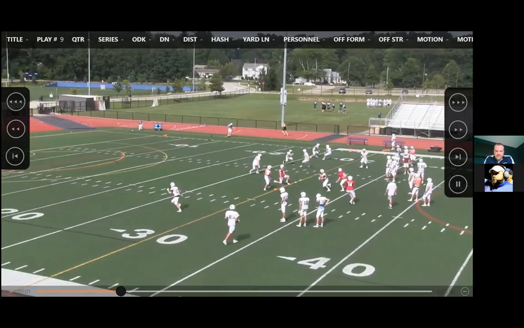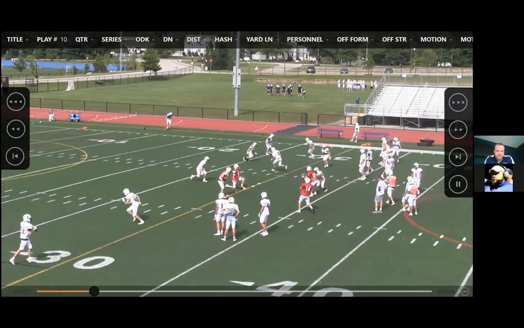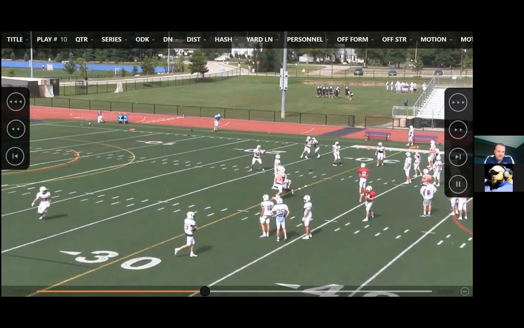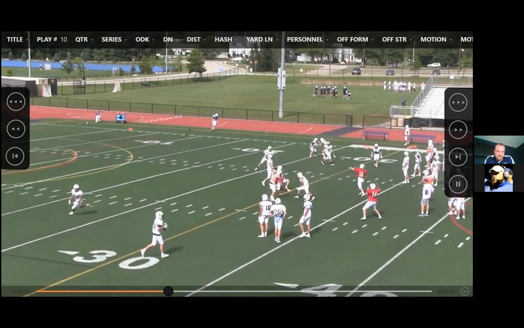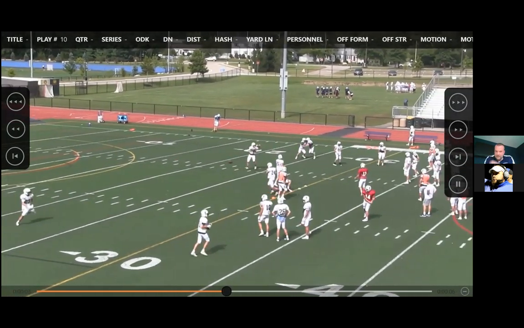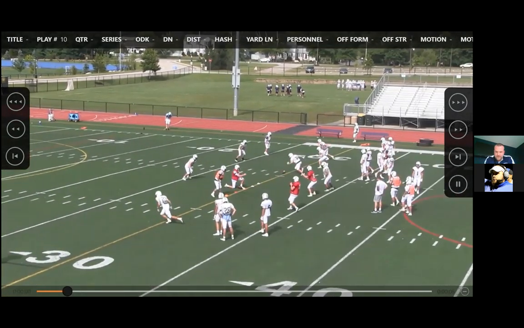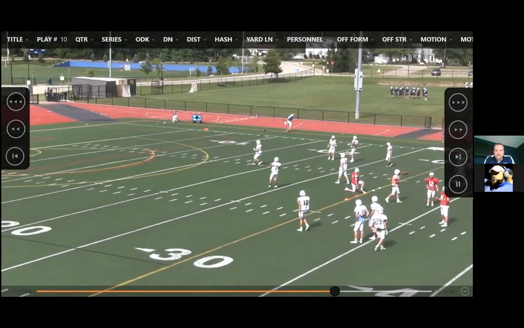Okay, so not all these guys run great routes, but I did show you the route that we're talking about. 23 was our starter, our all-conference. He runs a pretty good route right there. It's never going to go beyond 10, and it's got to be at least 6. So there's some wiggle room in there. And you see the quarterback, he's throwing it right on his third step, right on rhythm. Again, we're just trying to muscle memory this thing and get a lot of work in.